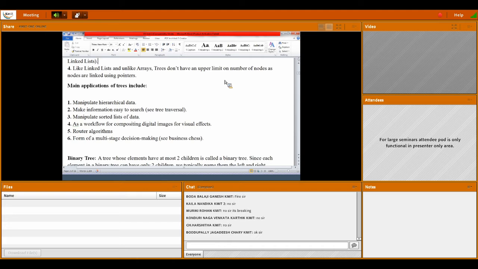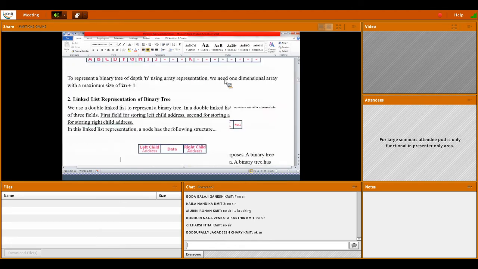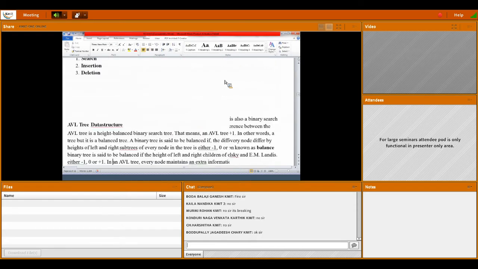And in the form of multi-stage decision making, in any business case where multi-stage decision making is there, if you want to take any decision in such contexts, these BSTs are very useful. Keeping all these applications in mind, in a BST searching is the main and important operation. Where searching is frequent and where insertion and update operations are very frequent, in such scenarios we'll go for this red black tree.